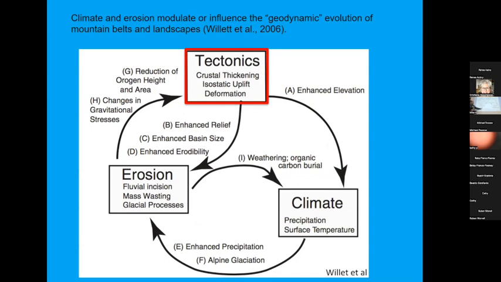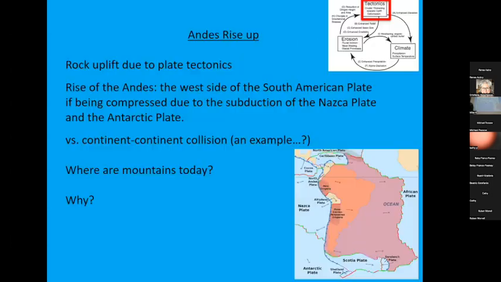So this is from a paper by somebody named Sean Willett. And it was based on a conference almost 20 years ago, where there were three of them that led the conference. So we really need to think about all these things when we think about how mountains evolve. It's not just mountains go up, they erode down, etc. How do these things interplay? What are their different roles? How do they feed back on each other in terms of mountain development?